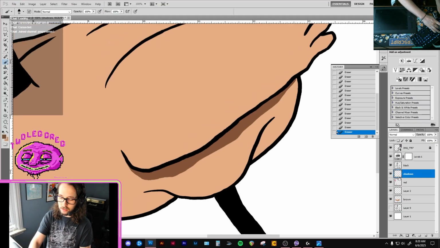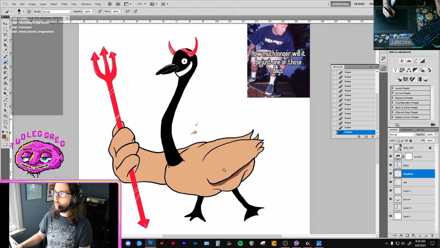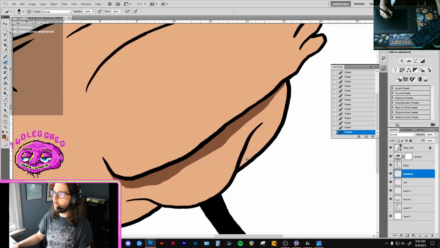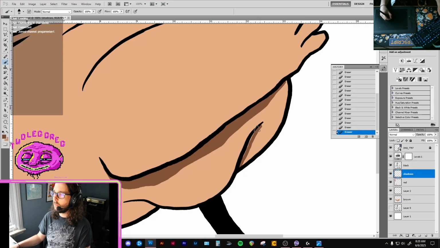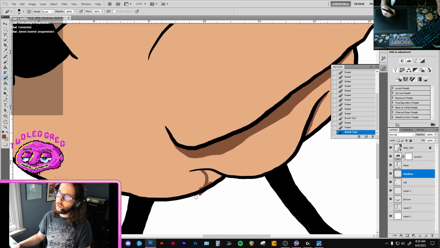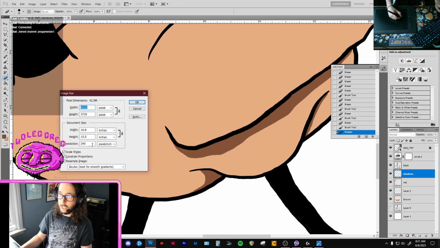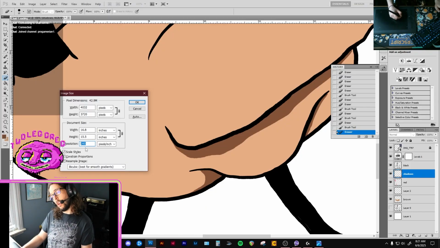What is this? Oh, this is the layer I put those on. Okay, that can stay for now. Back on the shads. So basically what I'm saying is maybe I need to just find a way to add a little texture to these. It doesn't have to be crazy, because these are going to be pretty small when they're printed. Speaking of which, how big is this right now? This is enormous.